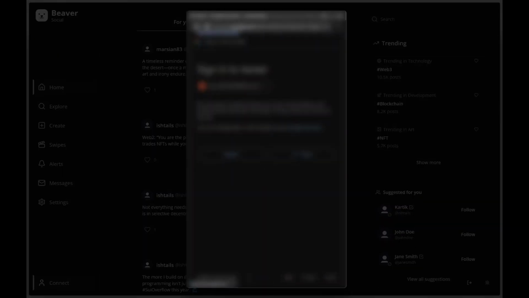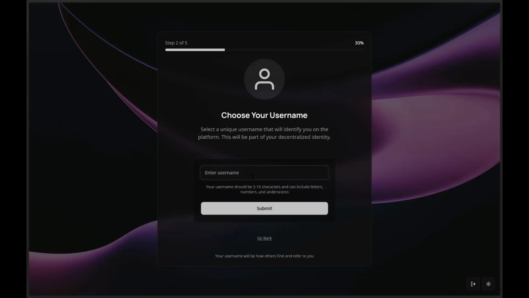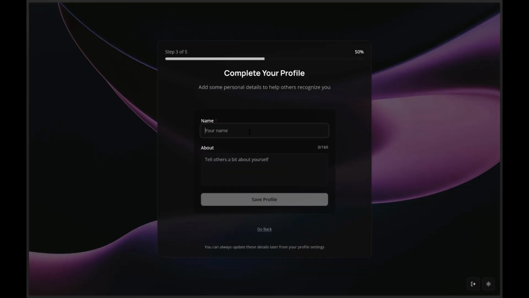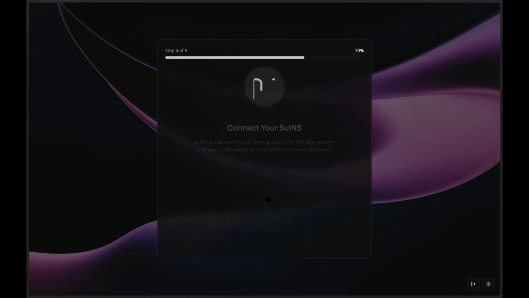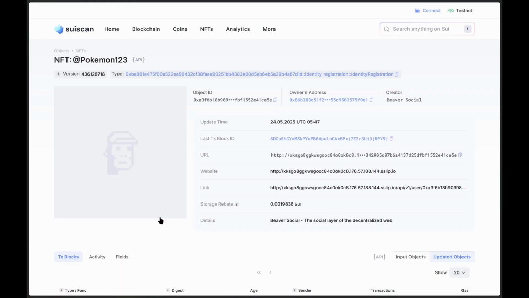What's cool is that on their first go, users get an on-chain identity NFT, and it is a sponsored transaction because honestly, who wants to ask a new user for gas fees right away? You can even link that NFT to a Sui NS name, which adds a next layer of security and makes the identity more concrete and shareable.